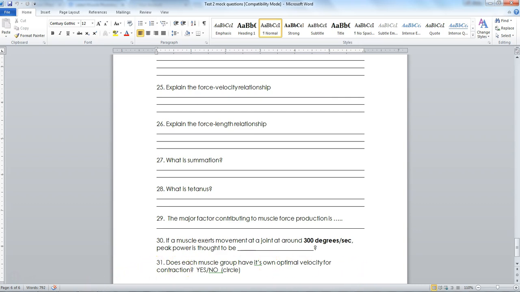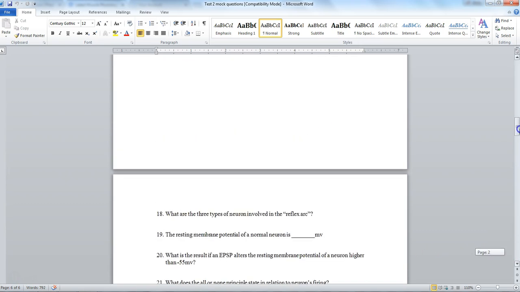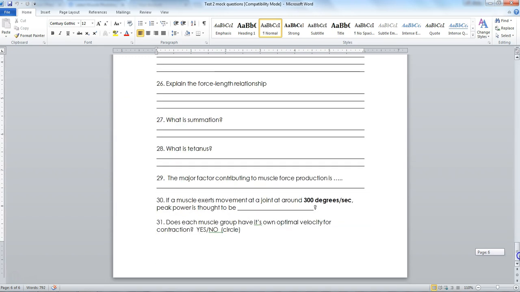Alright team, thanks so much for your attention with this. I realise they've been quite long lectures, these ones, but this is the key testable material. What we do from here on in is we take this document here, which has our nervous system and our muscle physiology questions on it. There is nothing in the test that isn't on this sheet of paper here, so if you've missed anything, make sure you go back and fill in the answers there,